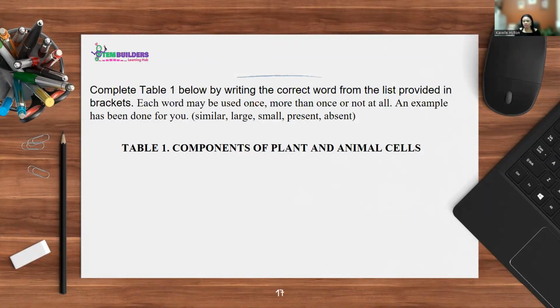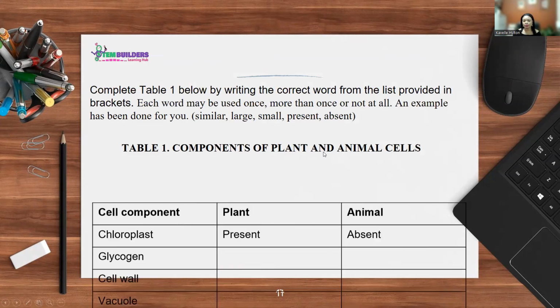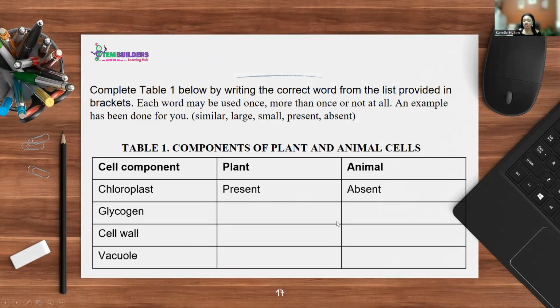Now let's look at this question. Now this is a recall question. It's asking you to complete the table that looks at the components of plant and animal cells. Now they've actually given you an example. They filled out one for you. So the chloroplast, they said plant present, animal absent, and you're to use these words, similar, large, small, present, absent,